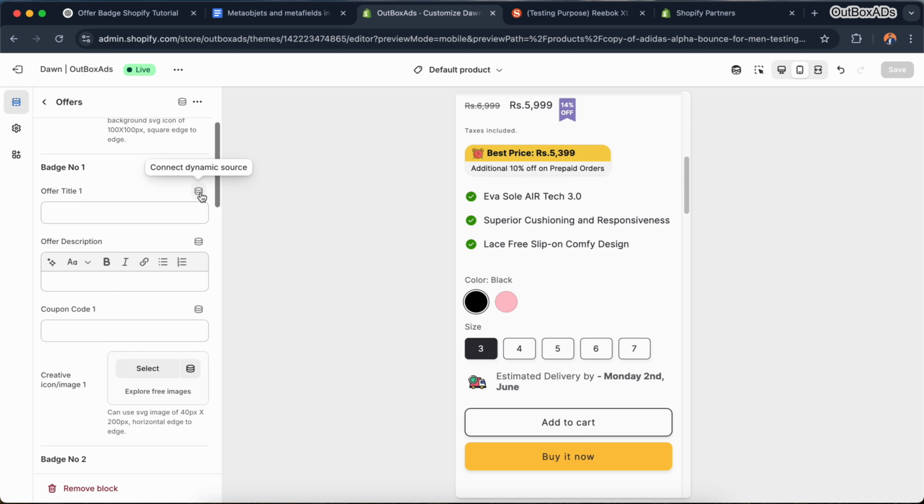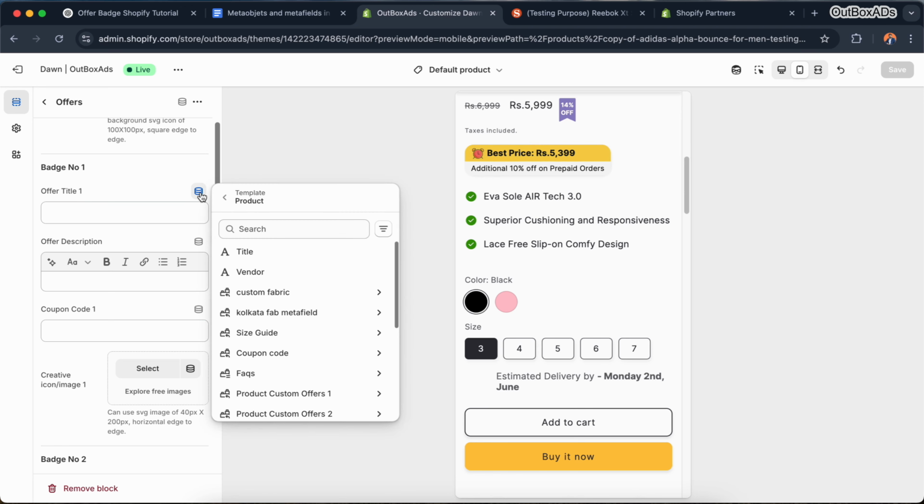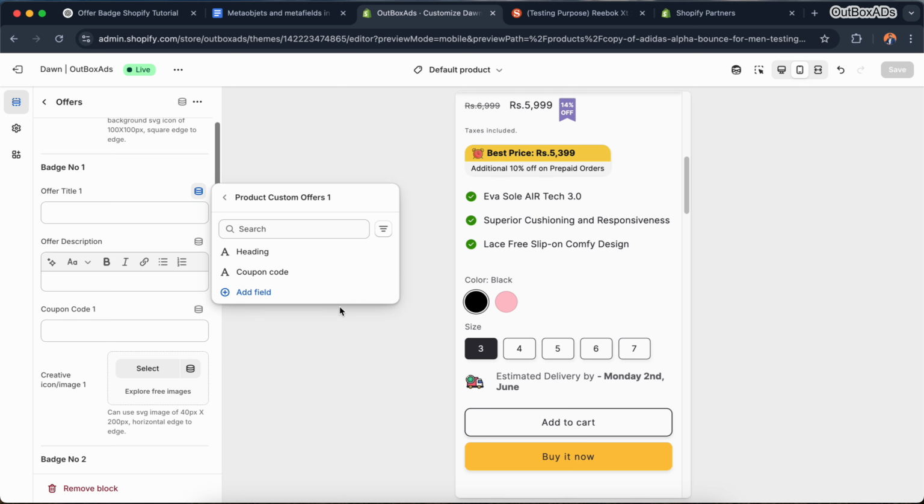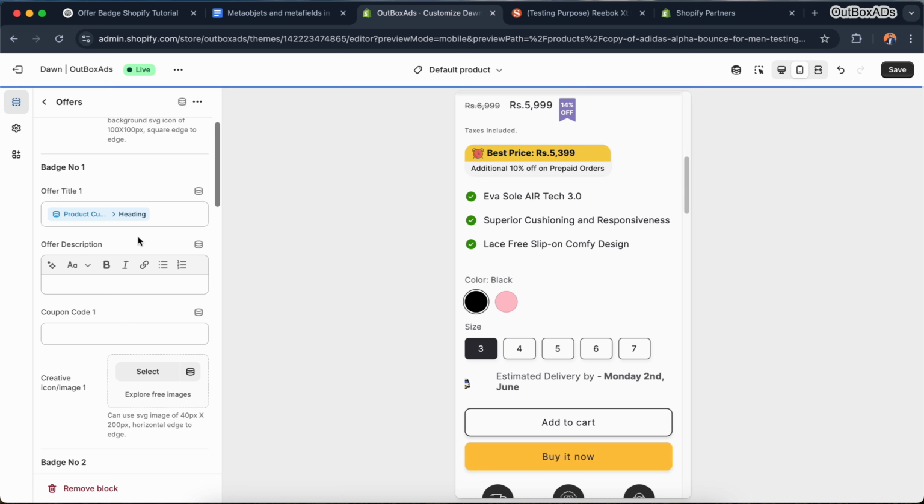So click on this connect dynamic source button, click on it, and you will see this template product, and here you need to search our meta fields we created earlier. Like this, you will remember product custom offer 1 2 3 4, and this is the badge number 1. So we will select 1, and here we just add the heading because this is our heading part. Click on it,